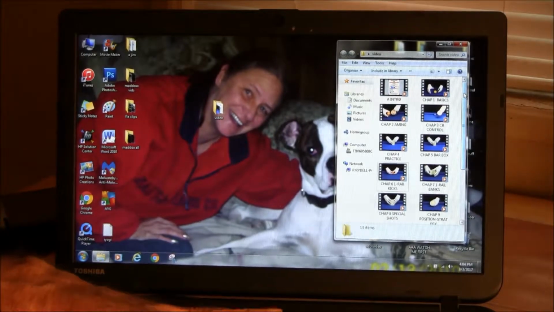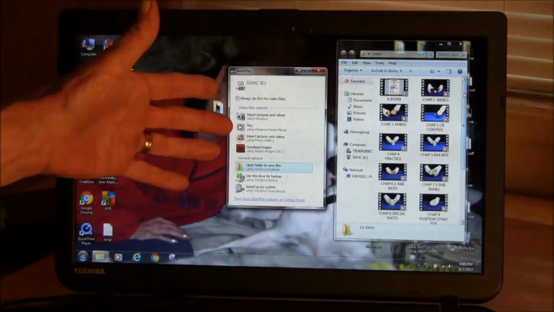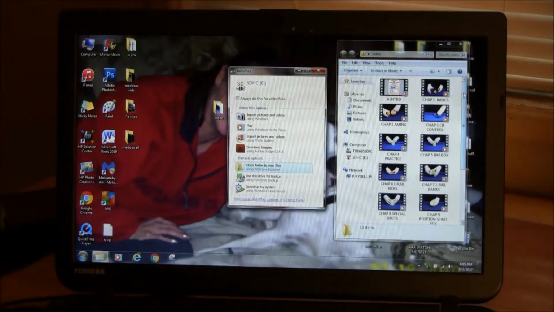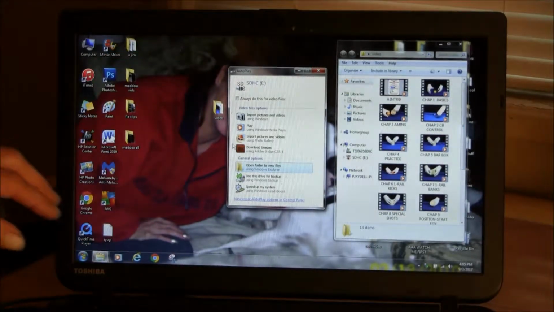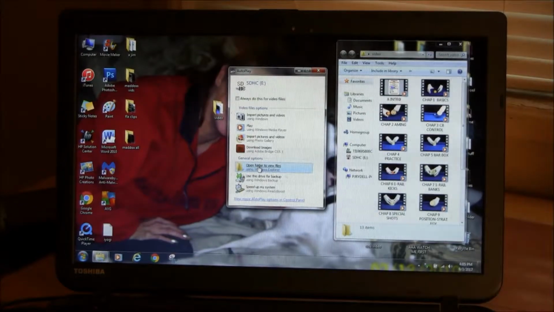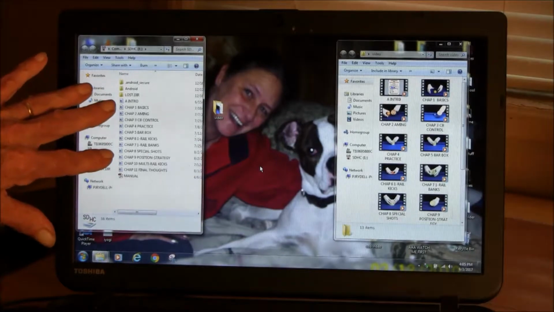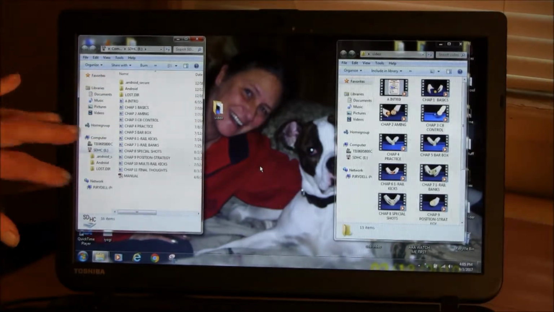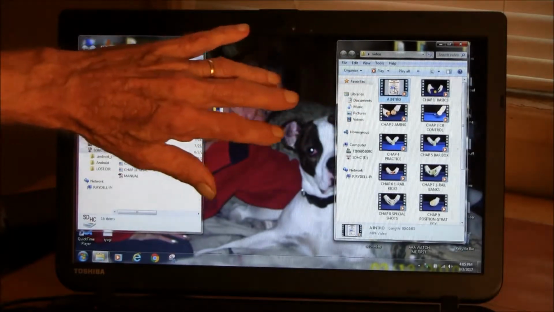I don't want to move this computer. See if I can find that. There we go, right there. And it comes up. You remember this window from when we put our flash drive in the USB port. So we're going to click on Open Folder to view files. As you see, I already have all these chapters on here, but yours will be blank when you get it. So all you do is you go over here and you left click on the first one,